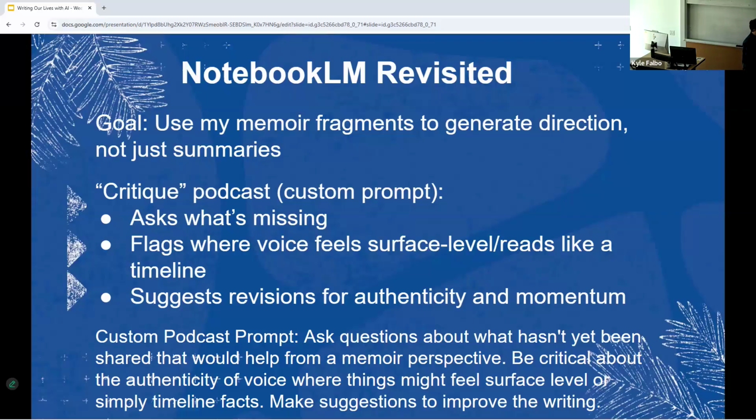It's going to flag where the voice is feeling surface level or reads like a timeline, and also suggest revisions for authenticity and momentum. So now I've got some critics, right? I've got people that are going to rip me apart. So you're saying this is the prompt you gave NotebookLM? This is the prompt I gave NotebookLM, right? And we'll listen to a little bit of this so you can get a sense of what this thing did.